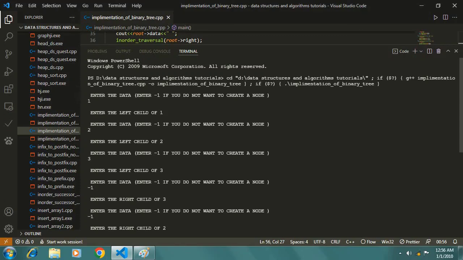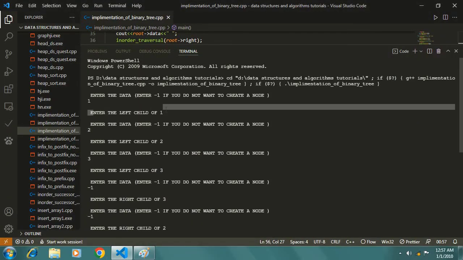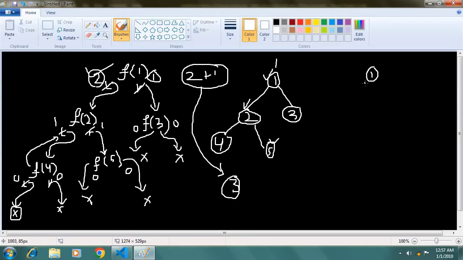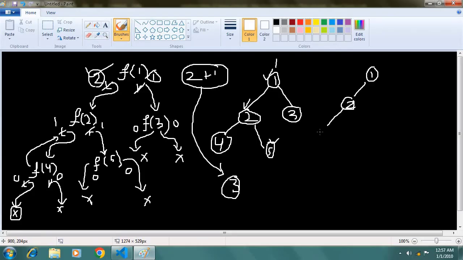First of all I have taken 1 as the root, so let me write here 1 as the root. Then left child of 1 is 2, so I can write here 2. Then left child of 2 is 3, so I can write here 3.